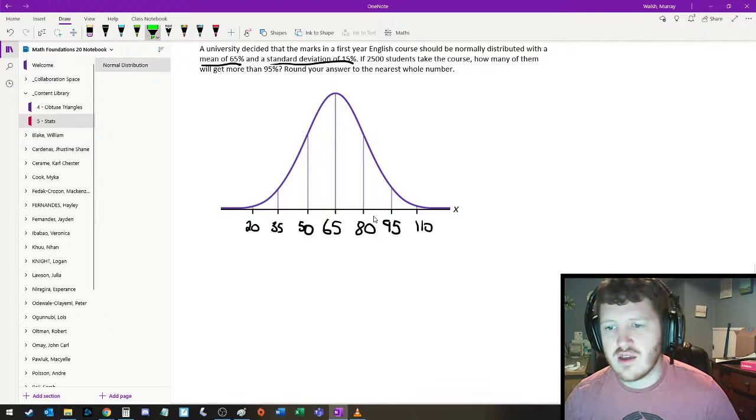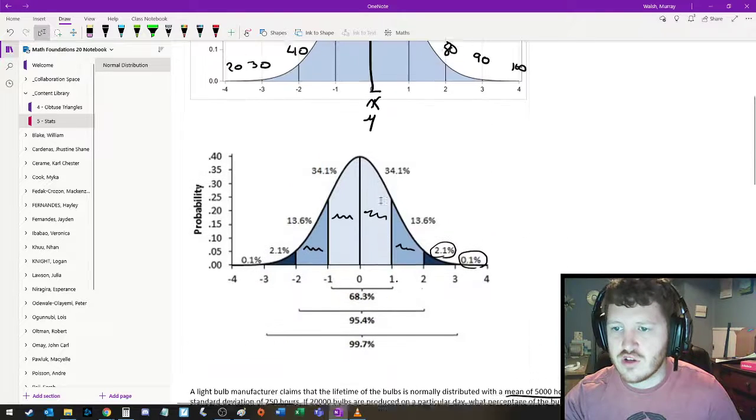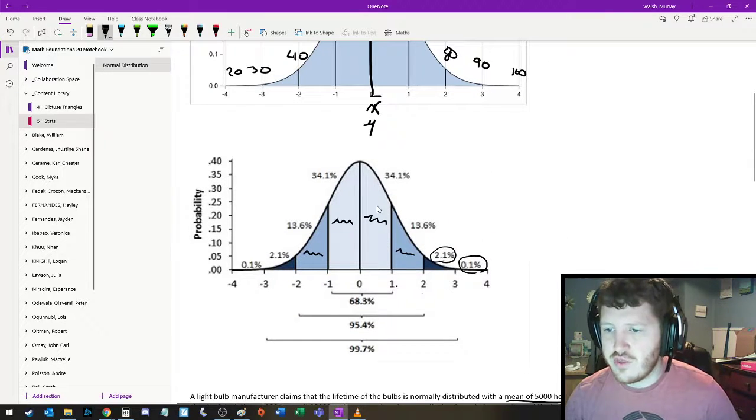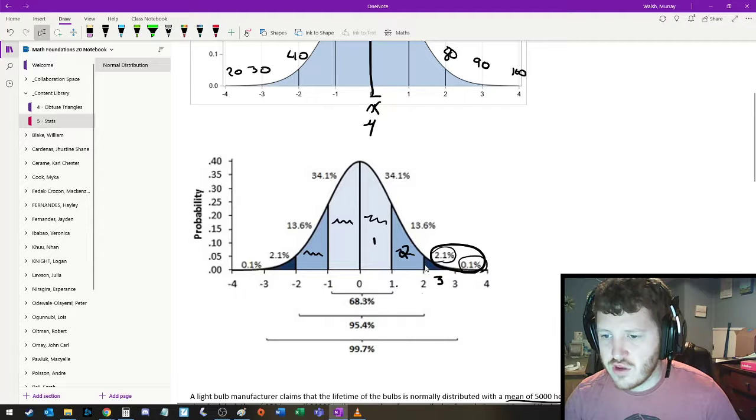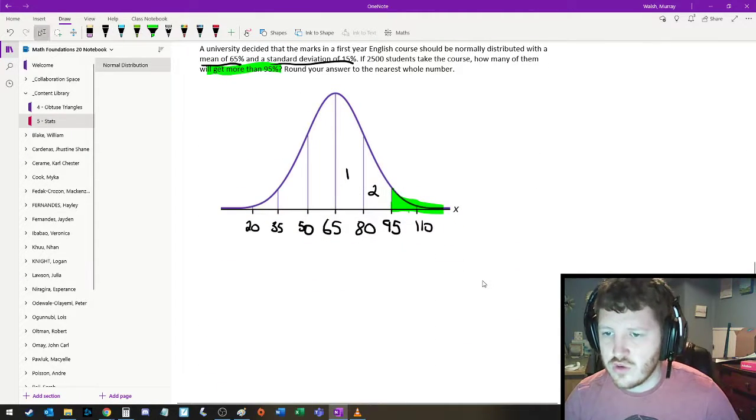But the question is asking, how many students get more than 95%? How many students are in these two regions? So if this is 1 standard deviation, 2 standard deviations, this is 3 and up. Back to our charts. More than 3 standard deviations, so this is 1, 2. More than 3 standard deviations is this 2.2%. This is section 1, this is section 2, so this is 3 and 4. We want 2.2% of students. So this whole region together